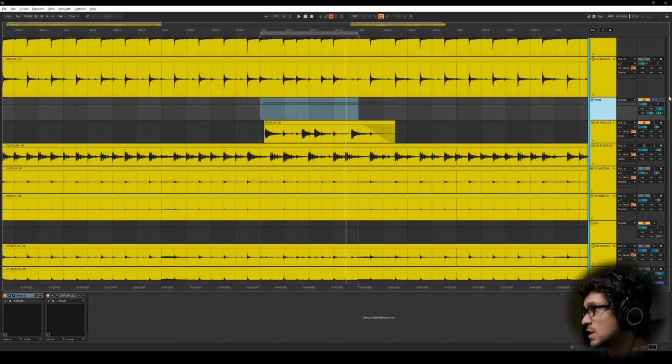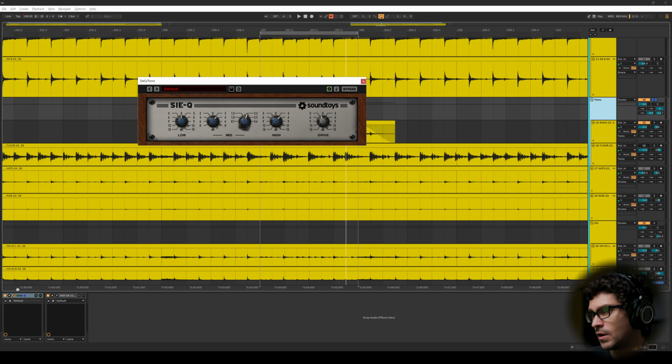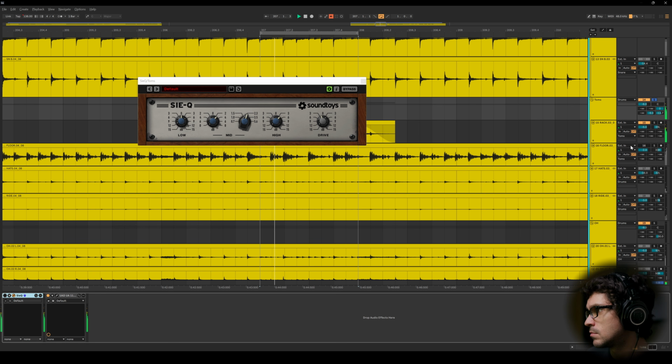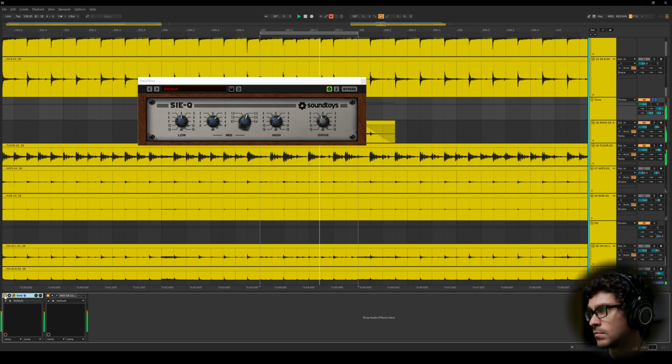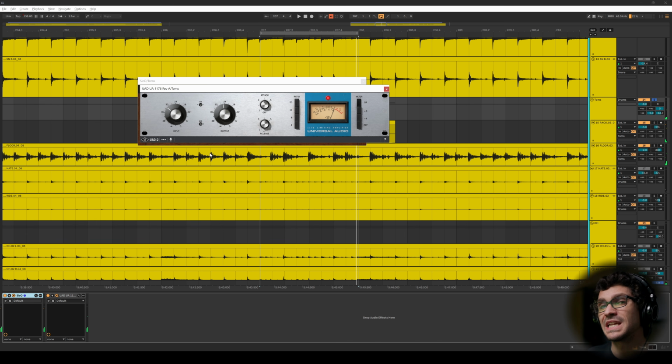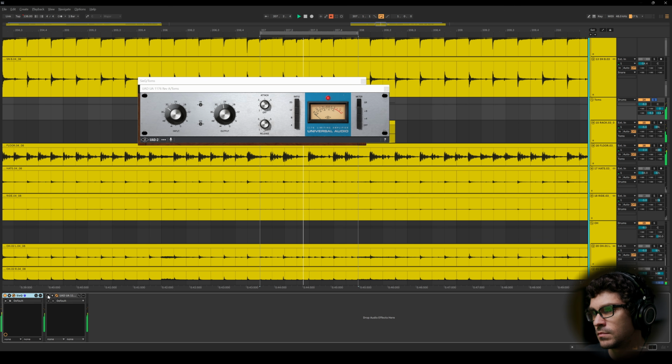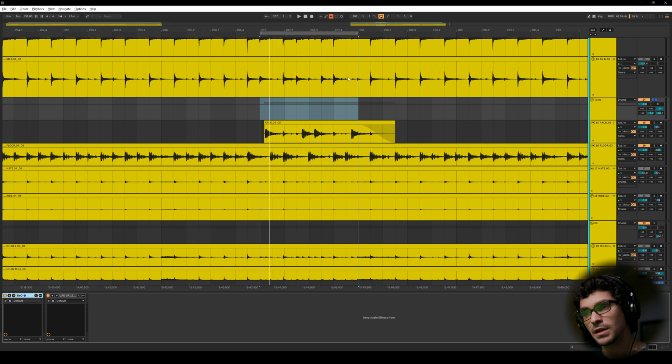And then on the group itself, since I have them grouped, I'm actually just adding a little bit more high end, not much. And then also limiting them. I've recently started limiting them. I just find it sounds quite a bit better. It's very subtle, but I'm just making sure that it doesn't clip, while at the same time making sure that